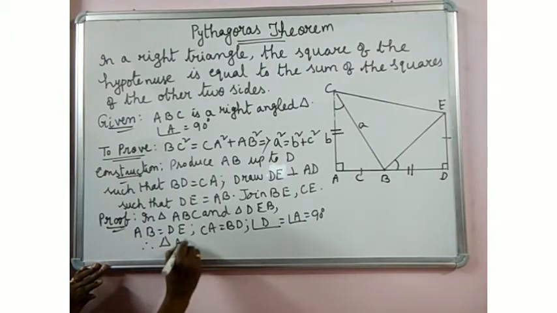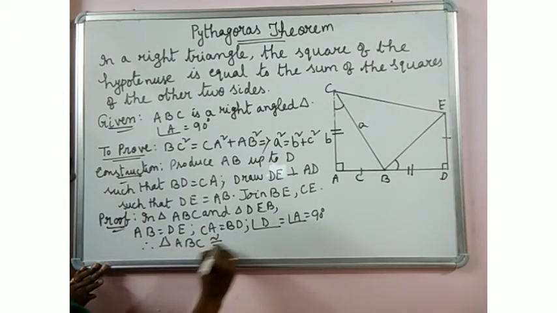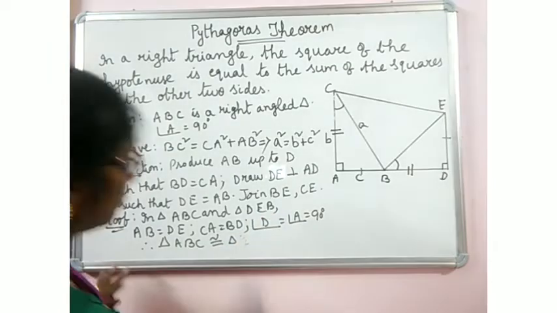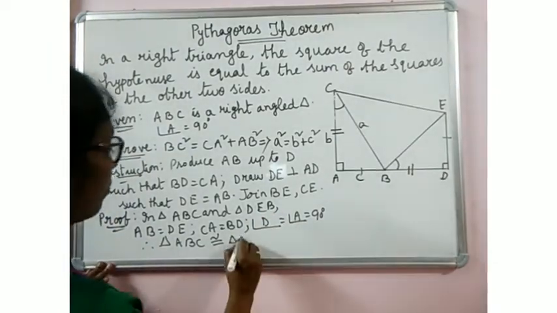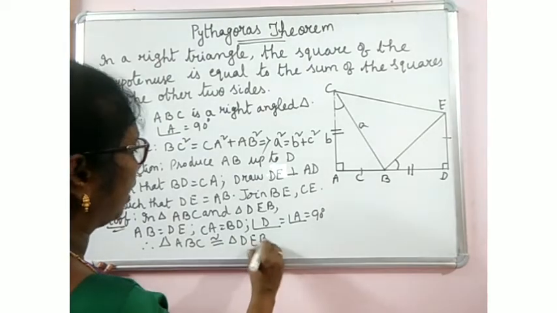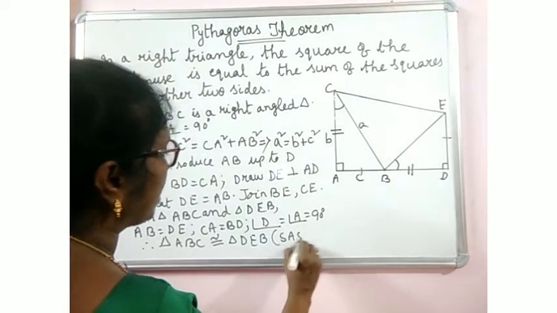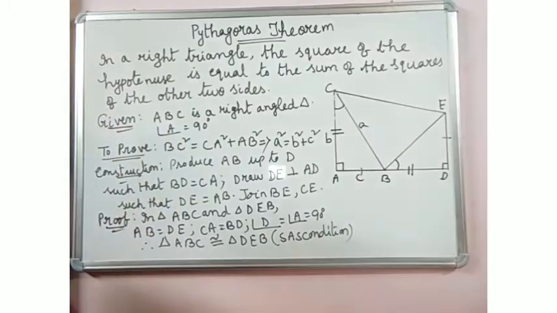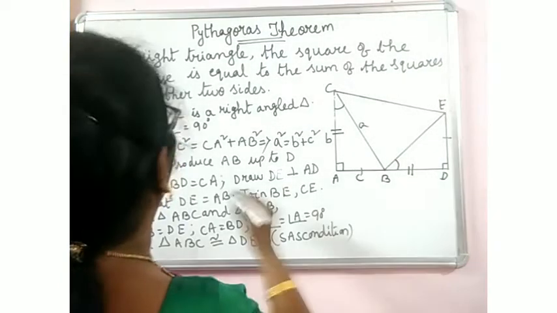Therefore, triangle ABC is congruent to triangle DEB under the SAS condition. Once two triangles are congruent, by CPCTC,